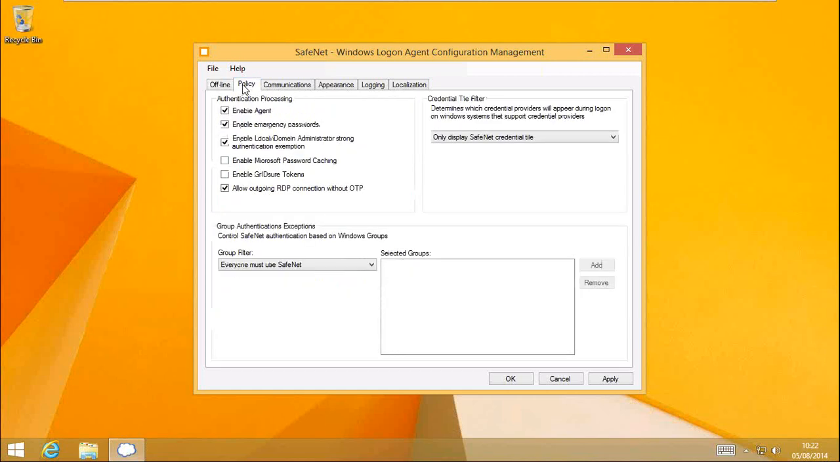So we also have policy. This is where I can enable or disable my agent. I can use an emergency password. I can exempt local or domain administrators from using OTP. If I wanted to make it so that I didn't get prompted for my Windows password, I could enable password caching. I can enable grid tokens, and I can allow outgoing RDP connections without RDP. I have the ability to define what I can show as far as my credential, and I have the ability to define specific types